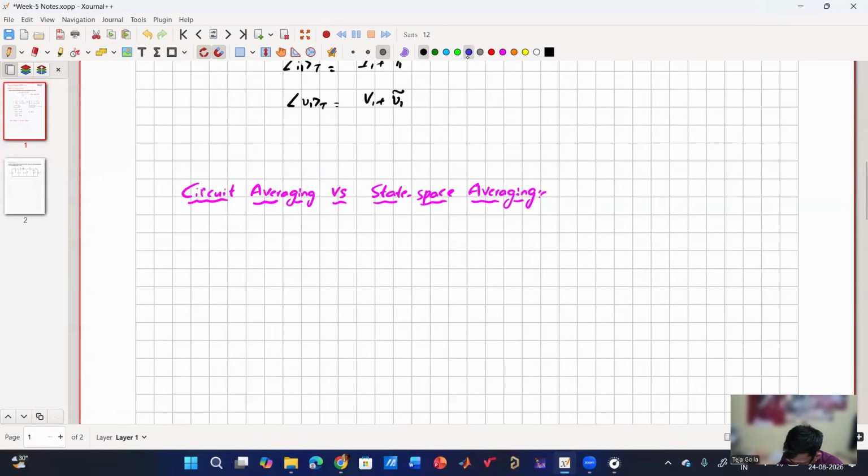The overall final objective is to get the DC operating point. So we have to get a DC equivalent model, DC model,